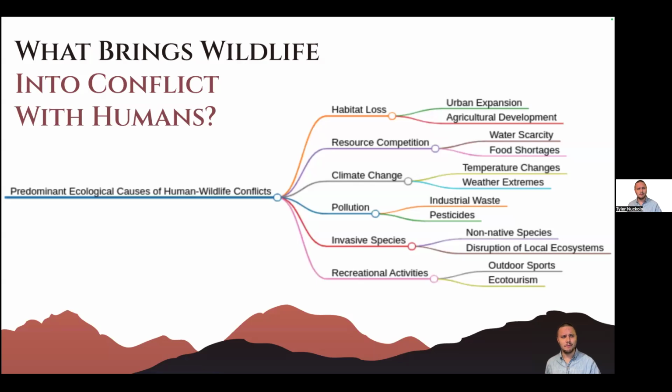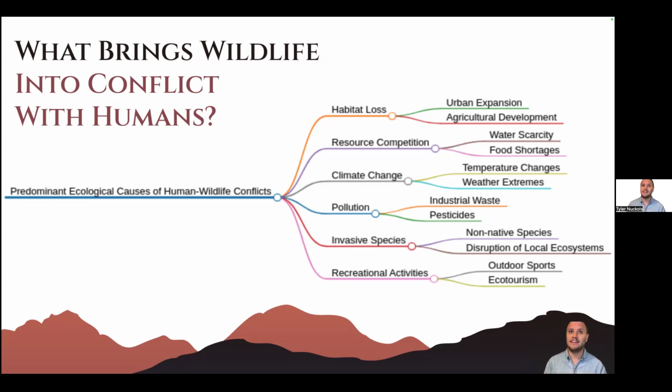So we talked about this a little bit in week 1, some of the most common types of human wildlife conflict, right? But what brings wildlife into conflict with humans? There are some predominant causes that can typically be associated. We have habitat loss, resource competition, climate change is a big one, pollution, invasive species, recreational activities, urban expansion, agricultural